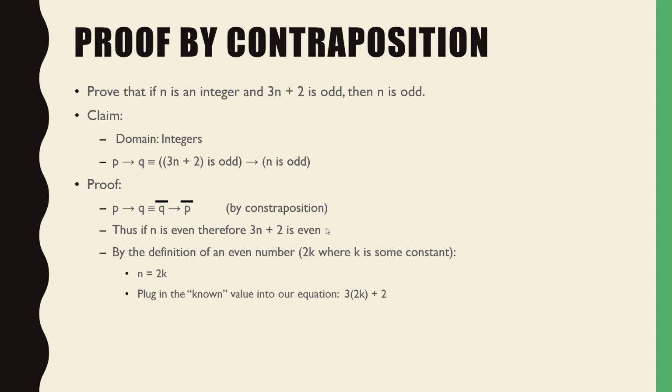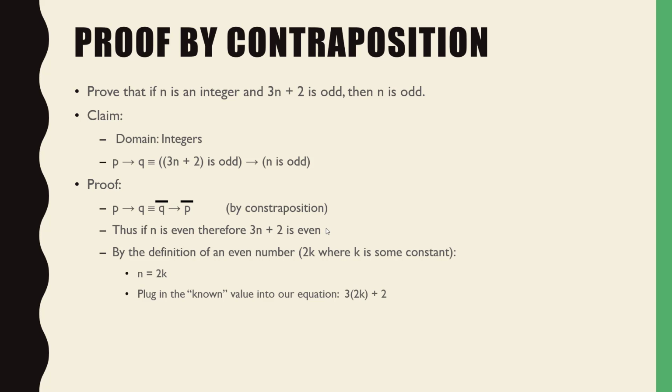Well, not quite. It's a tricky question. The reason we know that n equals 2k, but how do we know that n is even for sure? The truth is we don't know, okay? But because we're doing a proof, we only care in the event that n is even. If n was odd, we're not doing the proof. We don't care. But because we're doing the proof, we only are looking at circumstances where n is even for